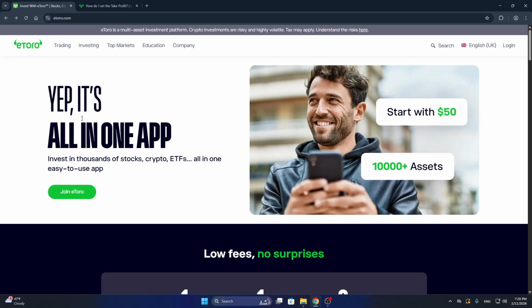So the first thing we want to do is to open up the official eToro website if you have not already by going to eToro.com right here. If you're using your mobile device, just open up the application and you're going to be greeted with the join eToro option that's going to enable you to sign up for an account if you do not already have one. If you have one, just log in using the login button right here,